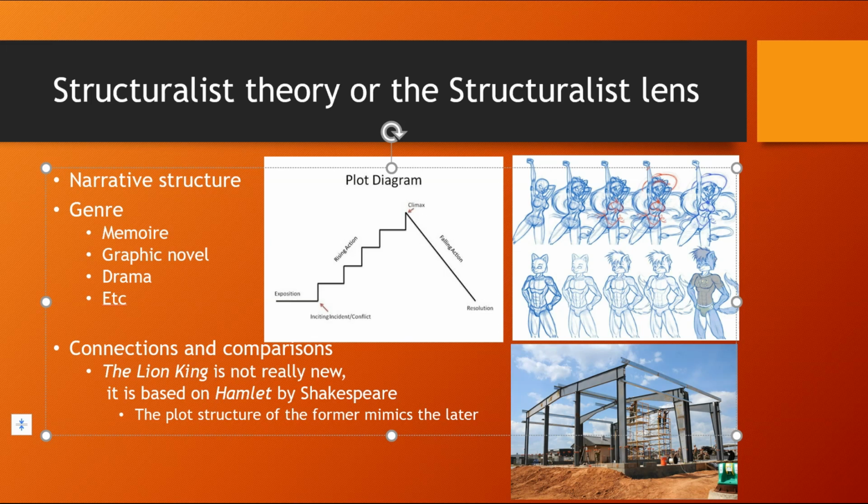For example, The Lion King, that's not really a new structure. I mean, if you know Hamlet, The Lion King is just Hamlet rewritten in a different time and place with animals, basically, but the structure is Shakespearean. It comes from the play Hamlet. This happens quite a bit, that a story borrows from another sort of classic story, and it borrows from that structure. The way the plot was developed, the way the characters were developed, the way that the conflicts are written. So we're looking at